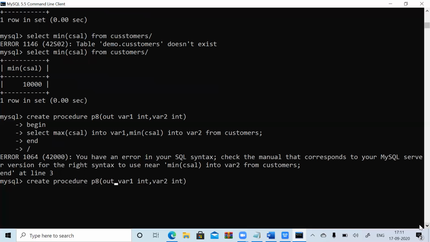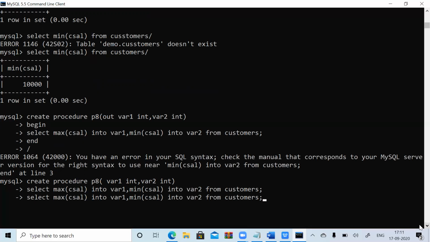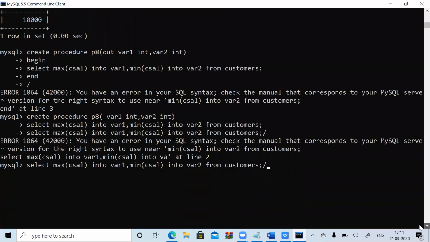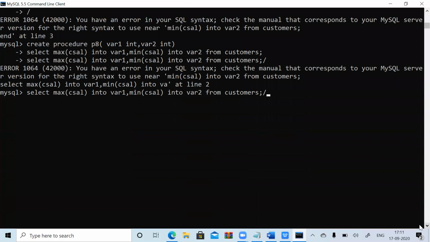I'm checking alternative ways for you people. This is a completely wrong statement, sorry for the interruption, because I haven't begun the statement.